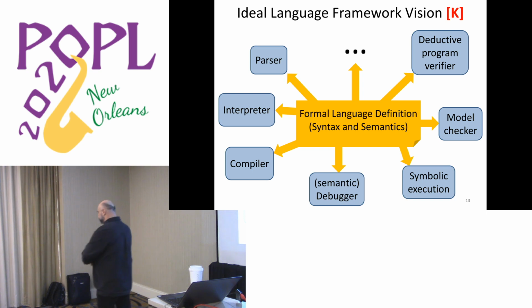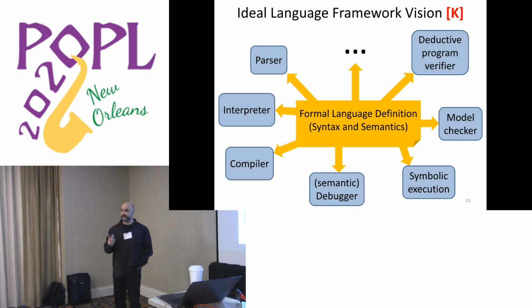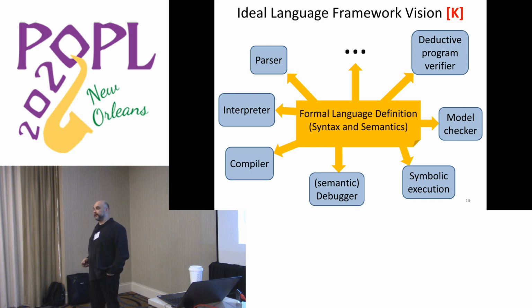So C is a very bad example for me because C is so well engineered. You know that LLVM has an interpreter, and an interpreter is 1,000 times or more slower than the actual native compiler. So we are in the same range, actually even worse. We are about 10,000 to 100,000 times slower than the native code. But in the blockchain space, I'll show you numbers. We actually outperform some ad hoc manual implementations already.